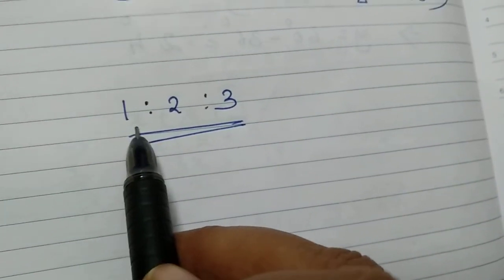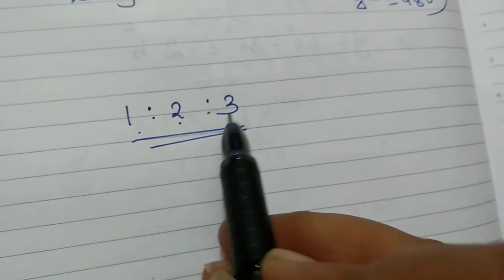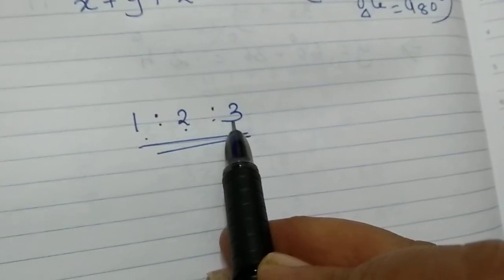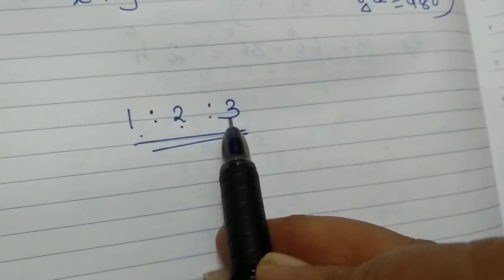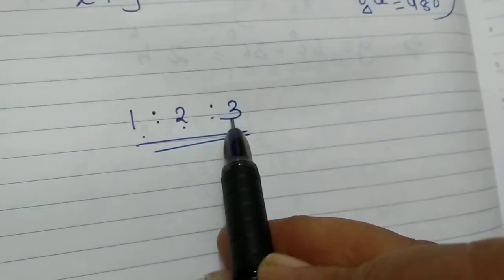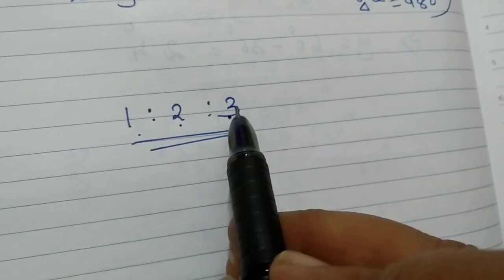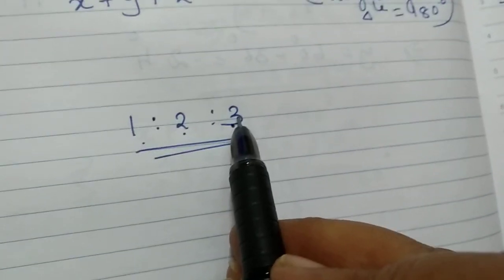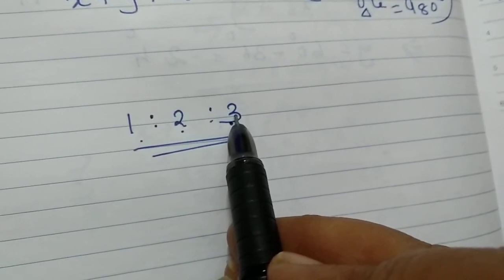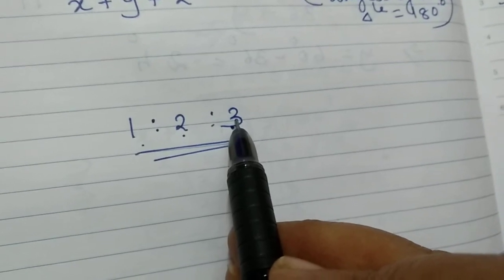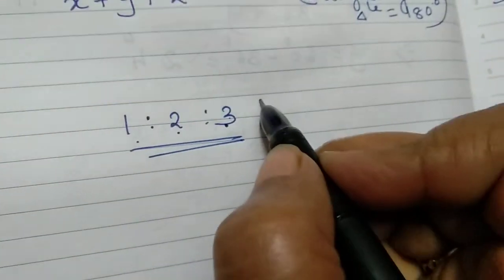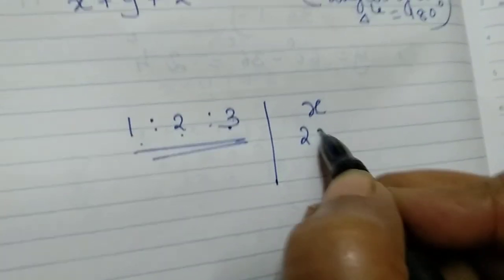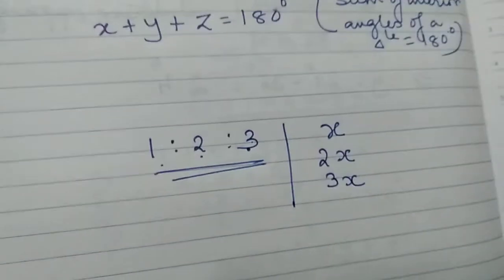Now question number 10, if I explain it, see the angles are given in the ratio of 1:2:3. You take the common ratio as x, then this angle will become x, this angle will become 2x, and this angle will become 3x. Now we know that the sum of the interior angles of a triangle is equal to 180 degree. So if I add these angles up, x plus 2x plus 3x, that means 6x will be equal to 180 degree. So if 6x is equal to 180 degree, you find out the value of x and then you substitute where you had taken the angles as x, 2x and 3x. You will do it on your own.